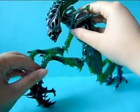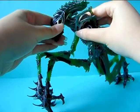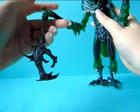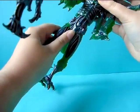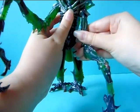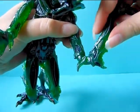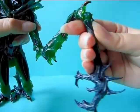Now, as far as the articulation on this figurine goes, you can move his head from side to side and up and down pretty well. You can also open his jaw, as I showed you before. He has a joint in the upper body, and you can of course move his arms a little bit to the sides, but not too much, up and down. He has a double joint in the elbow, and also a joint over here on the lower part,